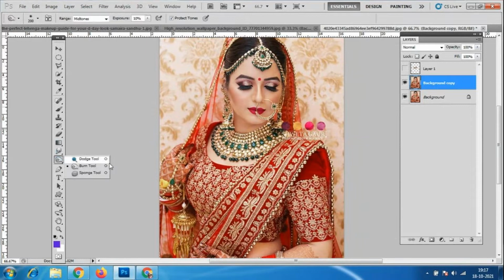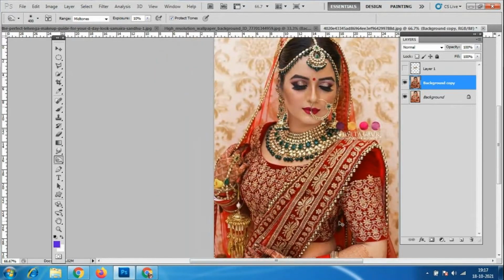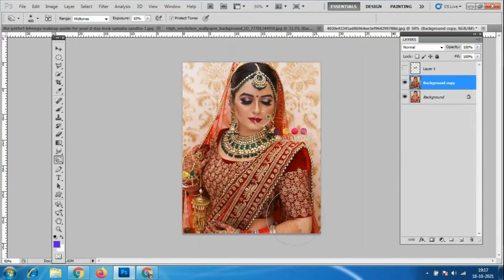So I'll go to this burn tool and just make it dark. So completely dark now.